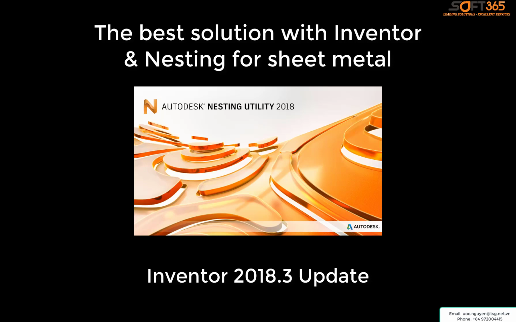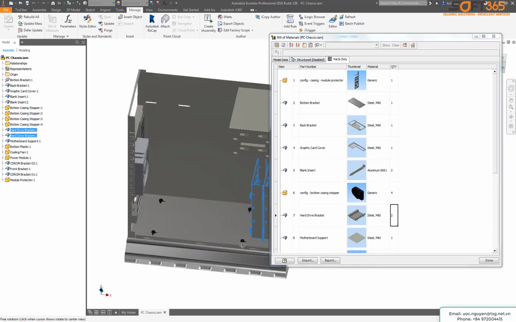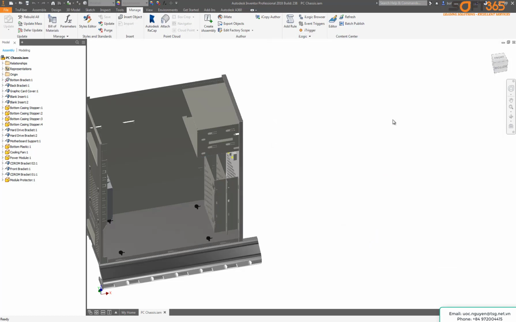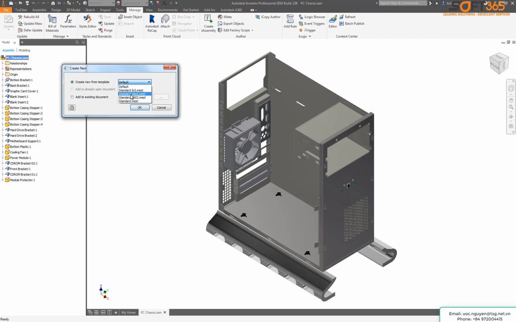Hi everyone, I will demonstrate the nesting utility in Inventor 2018. I opened an assembly which has a mix of sheet metal parts and regular parts. Some of these sheet metal parts have a quantity of 2, as you can see at the bottom. I now access the nesting functionality through the context menu, and decide to use a metric template file to do the work in,